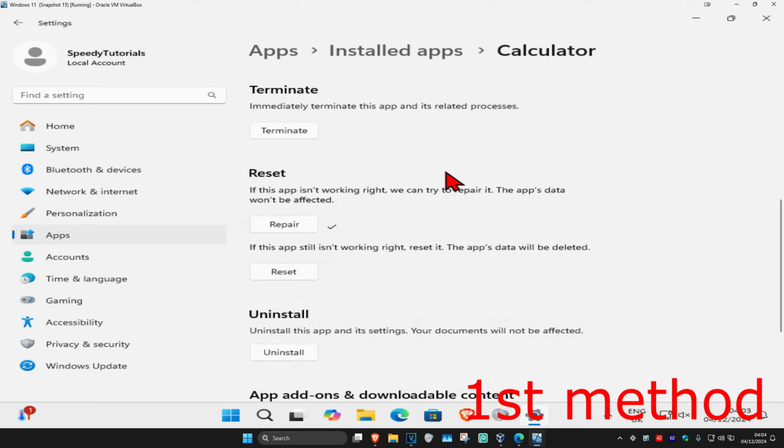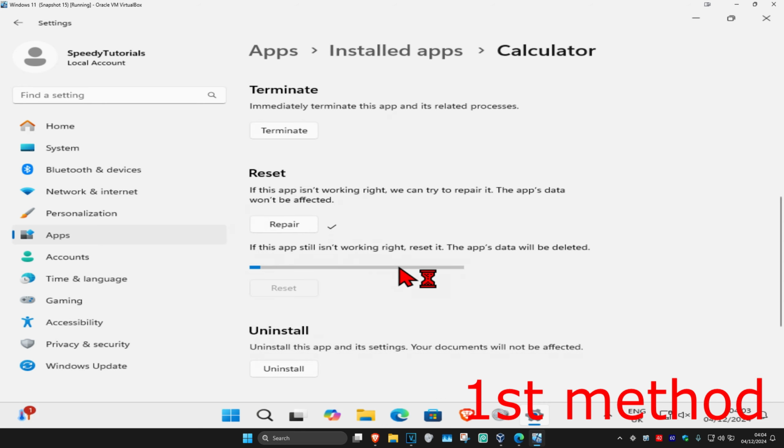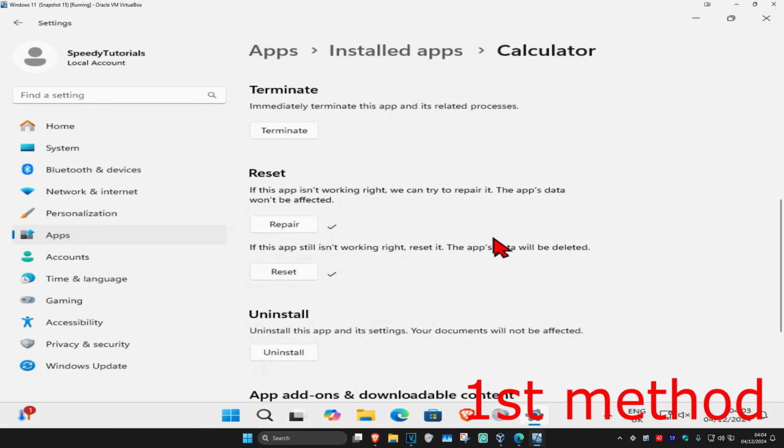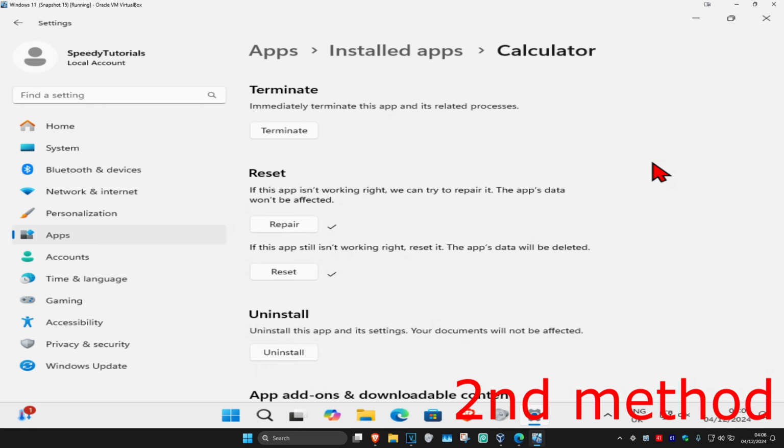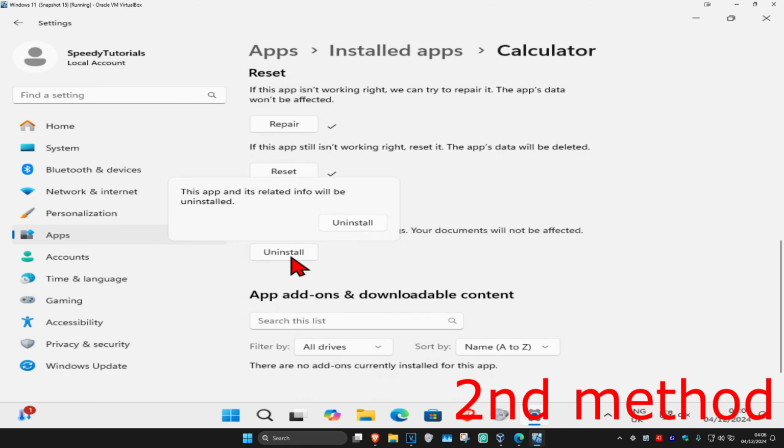If that's still not working, you're gonna click on reset and then click on reset again. Wait for this to load. See if that works for you. If that's still not working for the second method, you're gonna click on uninstall and then you want to uninstall